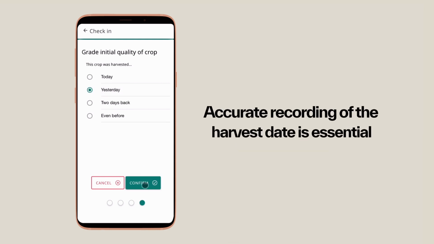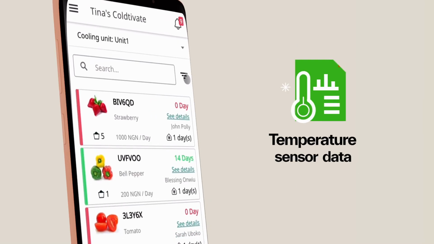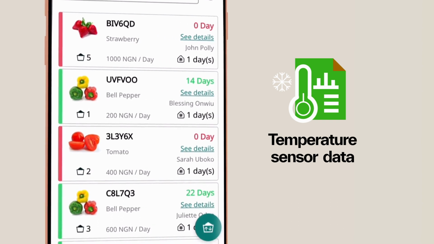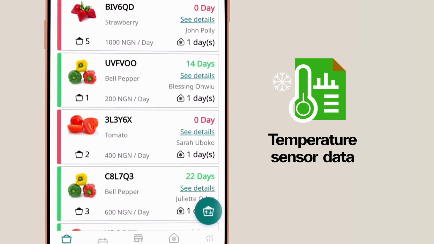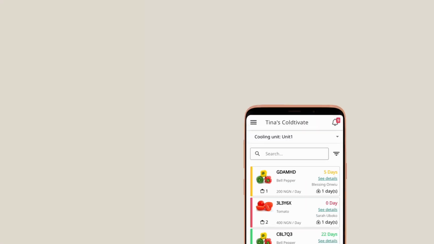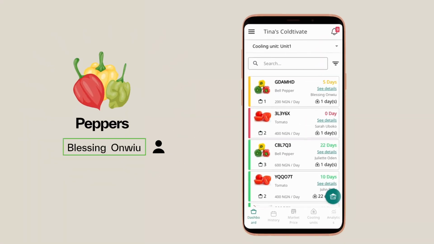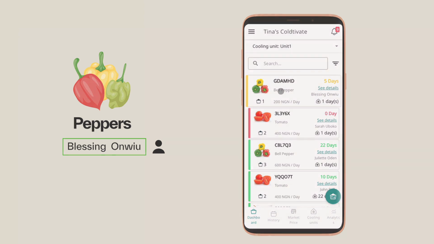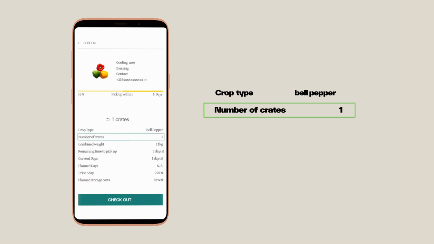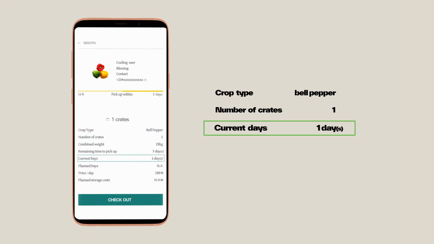Accurate recording of the harvest date is essential, as this information, along with the temperature sensor data from the room, is used by Coldtivate to calculate the remaining shelf life of the produce. In this case, once the peppers brought by a user named Blessing are checked in, they appear at the top of the operator's dashboard, summarizing information on the type of crop, number of crates, number of days